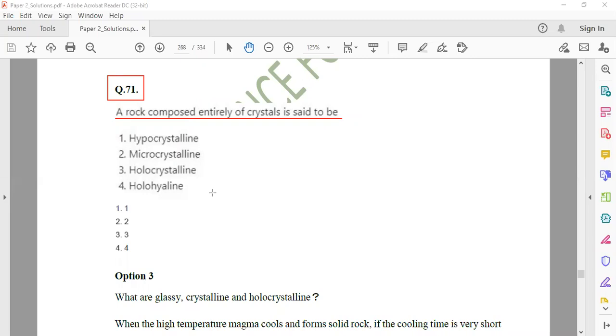So the simple thing is whenever every part is made up of crystal, such kind of rock is called as